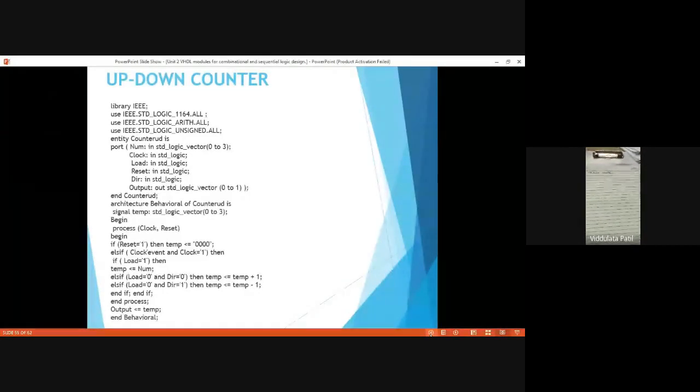Now here, to get this up down counter, we need one extra input which will enable that counter as an up counter or a down counter. That means if we give a certain input, it will make that counter an up counter, or a down counter.